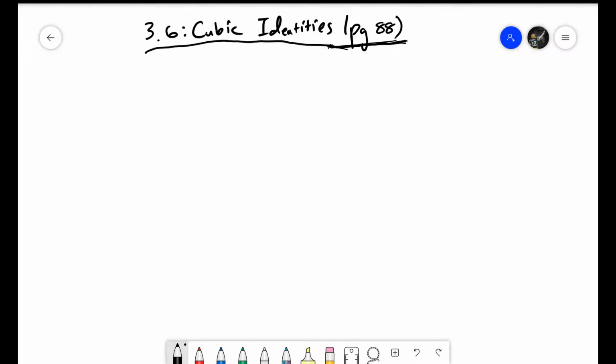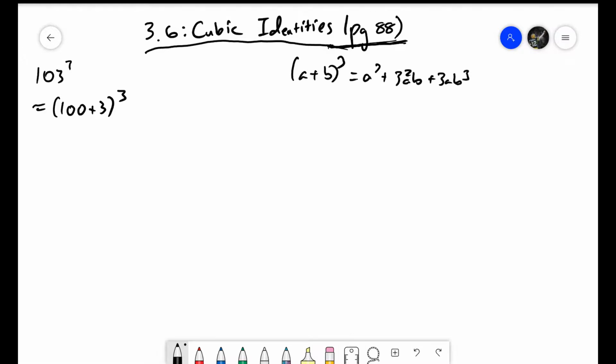The next problem is to find the value of 103 cubed. So to do this, you can write out 103 as 100 plus 3 cubed. So this is another example of the a plus b cubed identity, which is again equal to a cubed plus 3a squared b plus 3ab squared plus b cubed. So in this case, a is equal to 100 and b is equal to 3. This can be rewritten as 100 cubed plus 3 times 100 squared times 3 plus 3 times 100 times 3